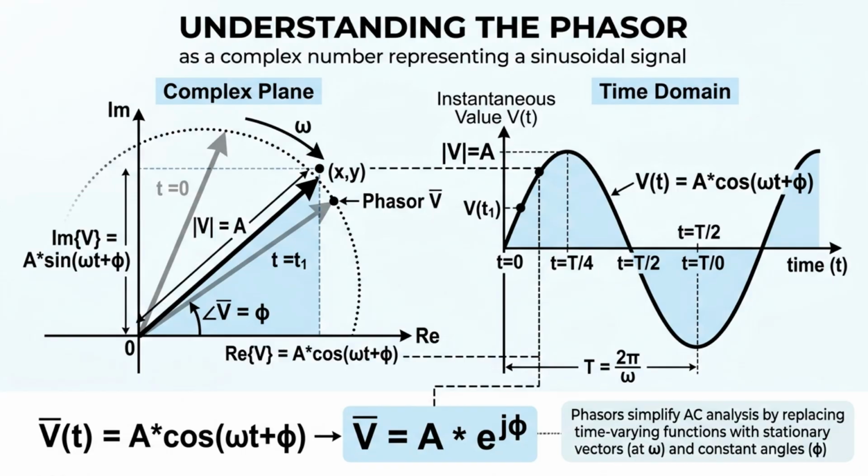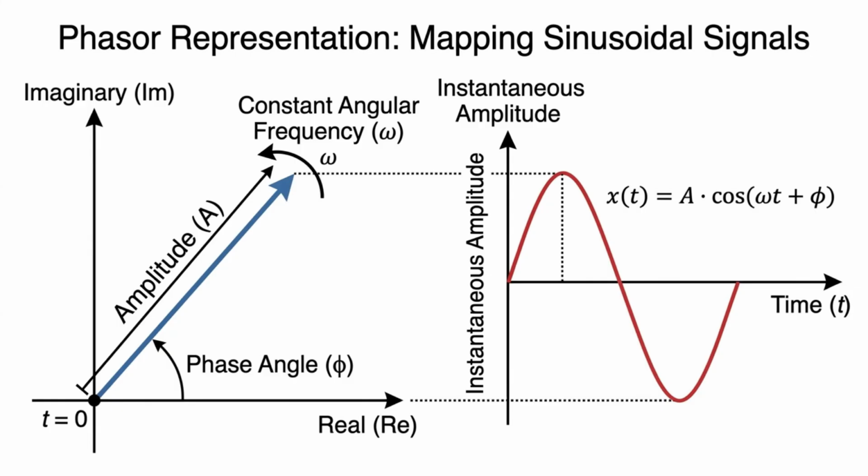A phasor is a complex number that represents a sinusoidal signal in a simplified form. Instead of describing a signal as a function of time, a phasor captures its amplitude and phase as a single rotating vector in the complex plane. In this representation, the length of the vector corresponds to the signal's amplitude, while the angle represents its phase relative